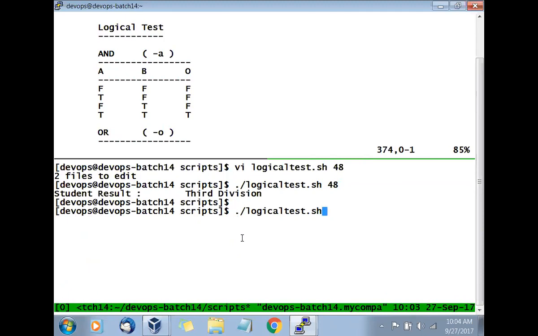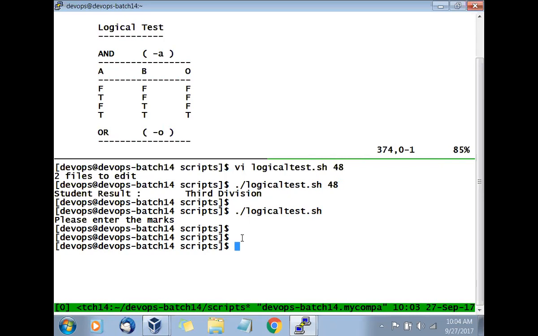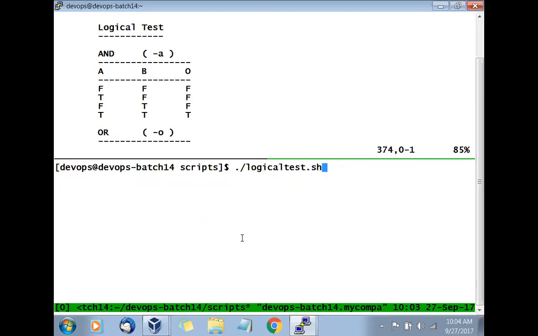But if I now give no marks, what will happen? It has protected us, saying please enter the marks. What do you say? If the marks are not defined or not given, print this message, please enter the marks. Good. That's a logical NOT test.